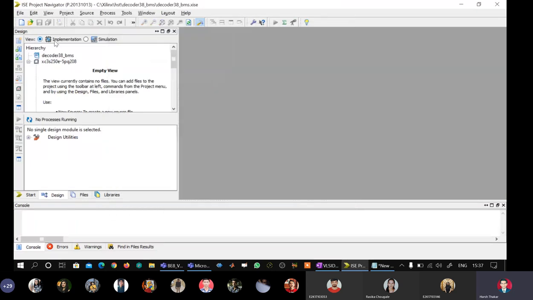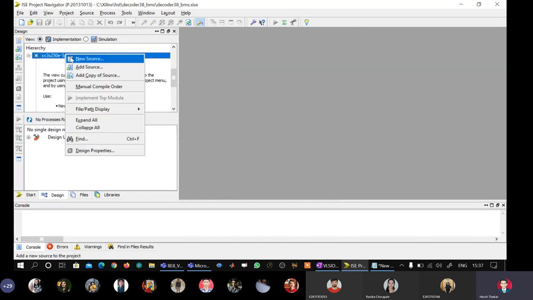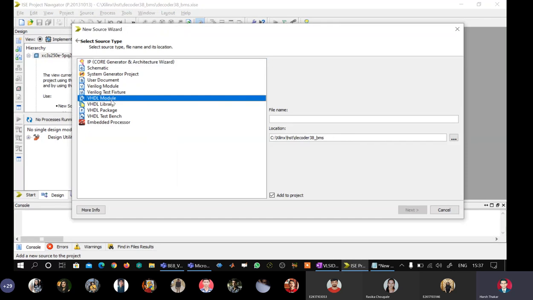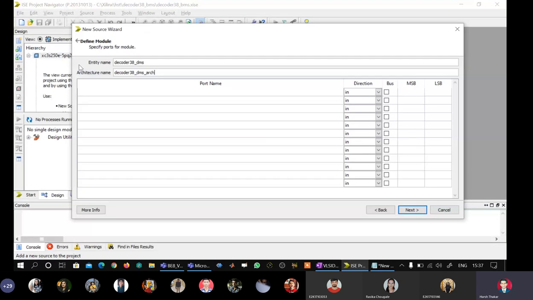Select implementation mode, select target line, right click, new source, VHDL module, paste, make sure it is selected, next. Maybe I can change the architecture name to what I want. Okay, fine, BMS.